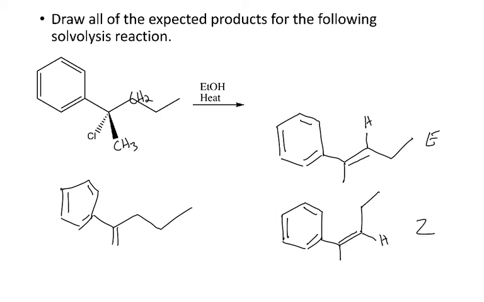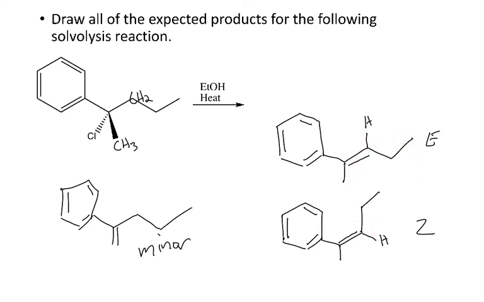And just when we had multiple elimination products in a previous example, I think it's helpful to rank these in terms of which one is going to be the major and the minor products. So I think when I look at these, they're both tri-substituted, whereas this one's only di-substituted. So this is going to be the most minor. And then when I compare these two,